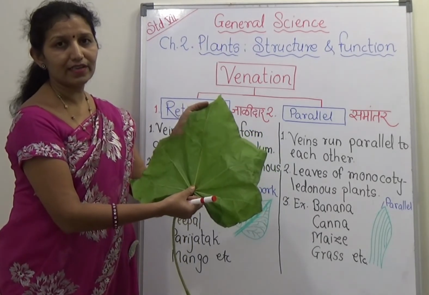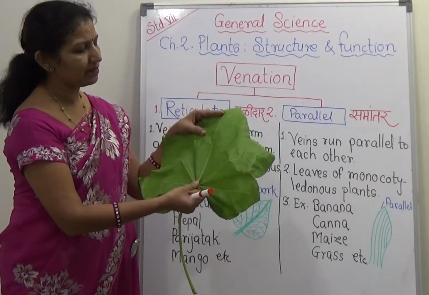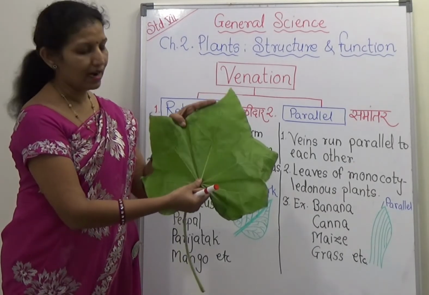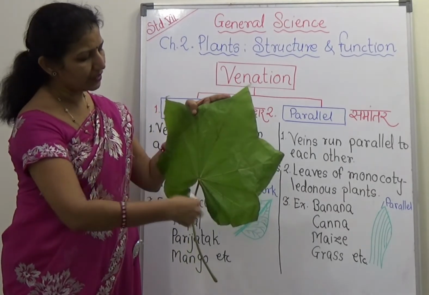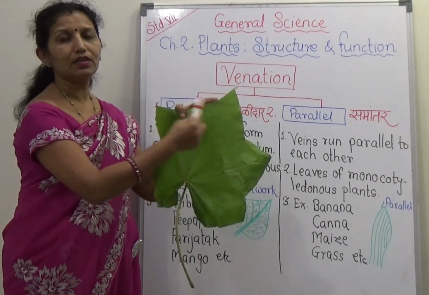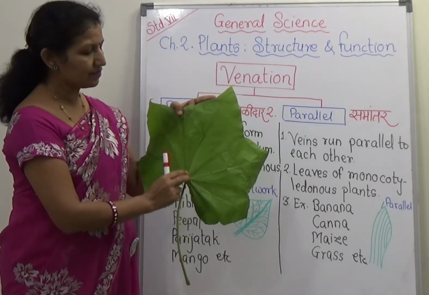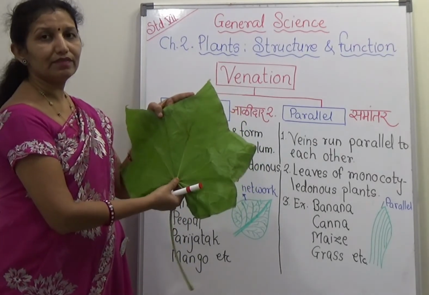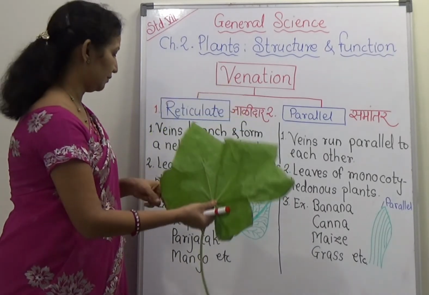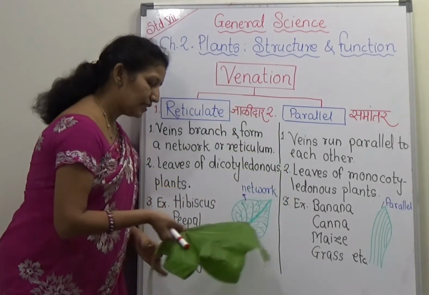There are lateral veins, and from those lateral veins there are secondary veins, and they form the network in the whole leaf blade. In this way there is reticulate venation in the leaf, and generally